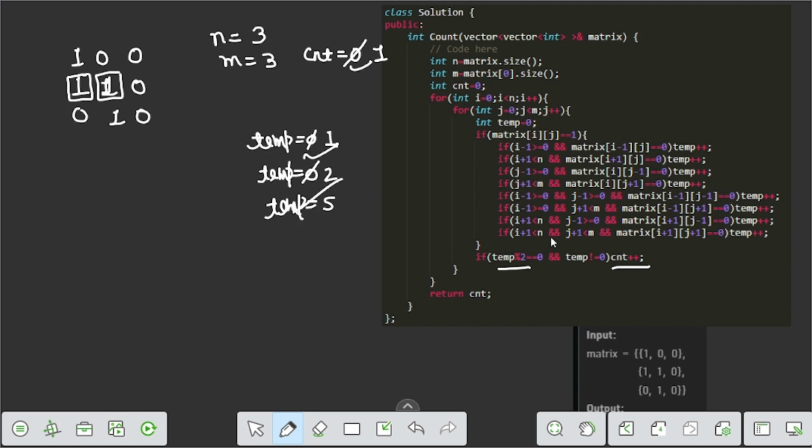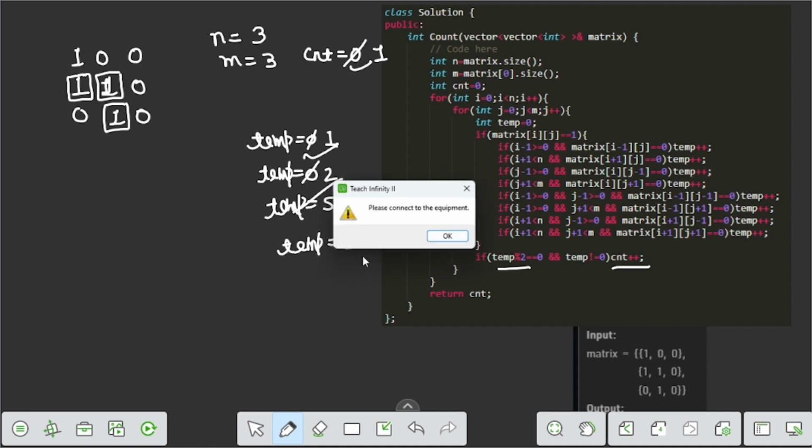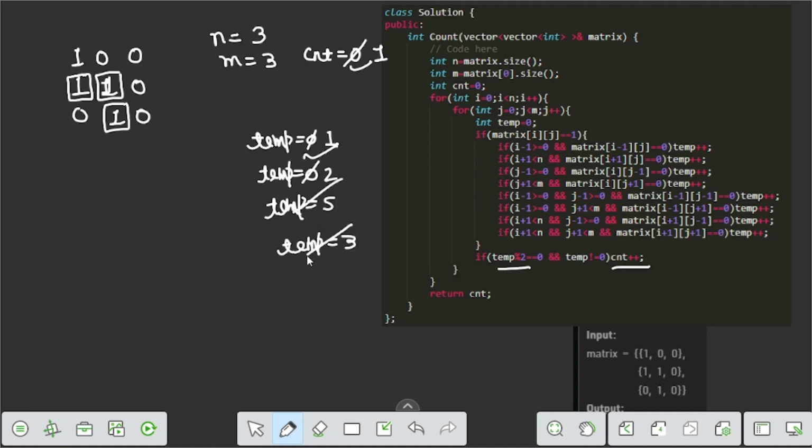Again we go to the next index, which is 1, here, and count the number of zeros, which is 1, 2, 3. So here temp becomes 3, which is odd, so we cannot increase the count variable. So after all, the count becomes 1, because there are no ones remaining in the matrix. We return the count, so the answer of this test case is 1.